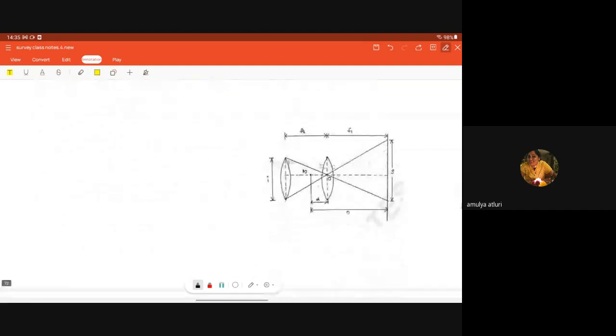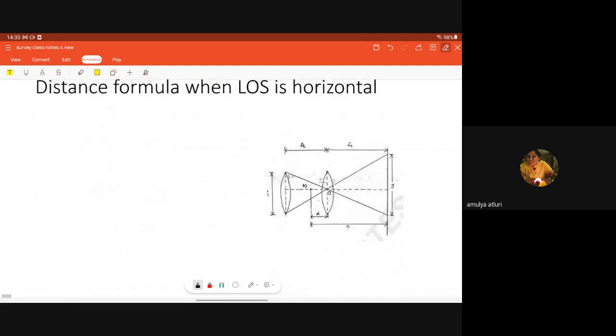So distance formula when the line of sight is horizontal. So you can see the telescopes are placed here. So we can see that,